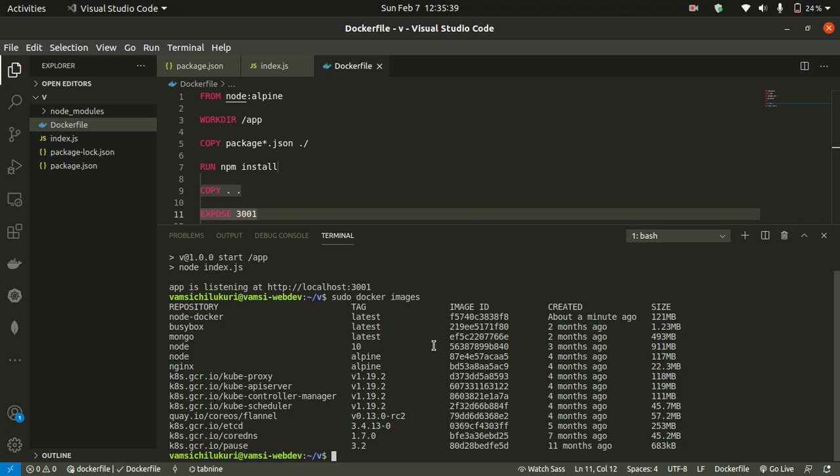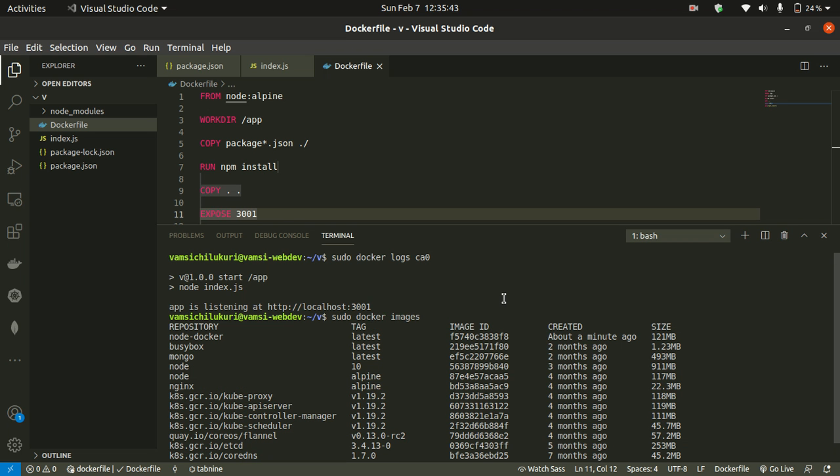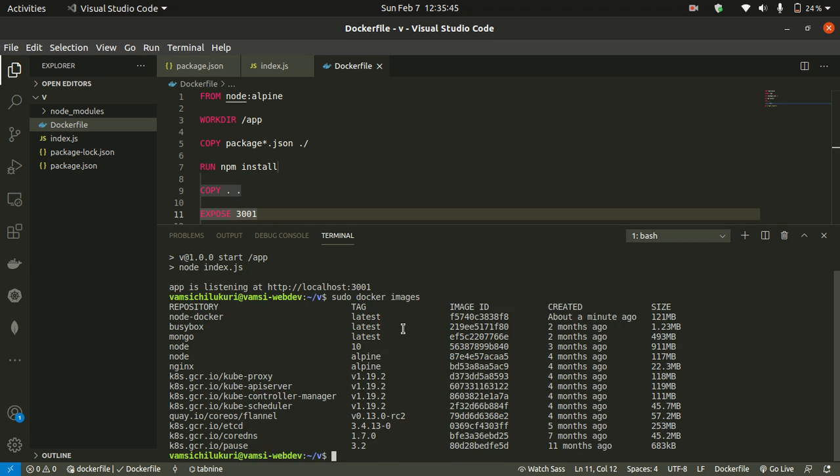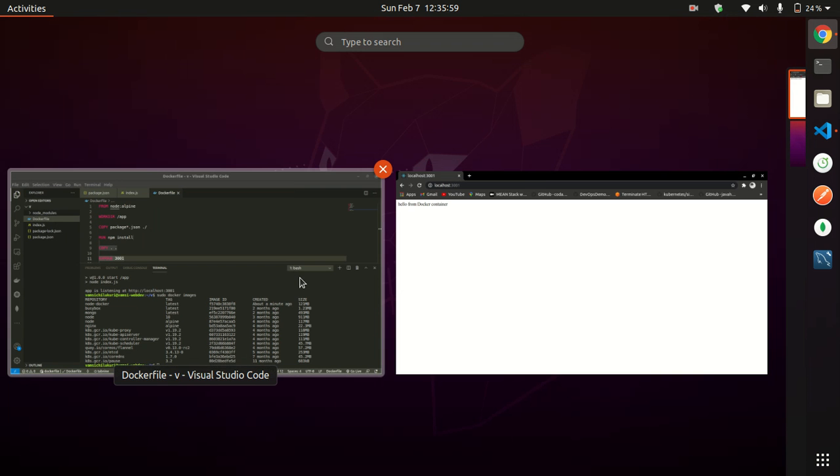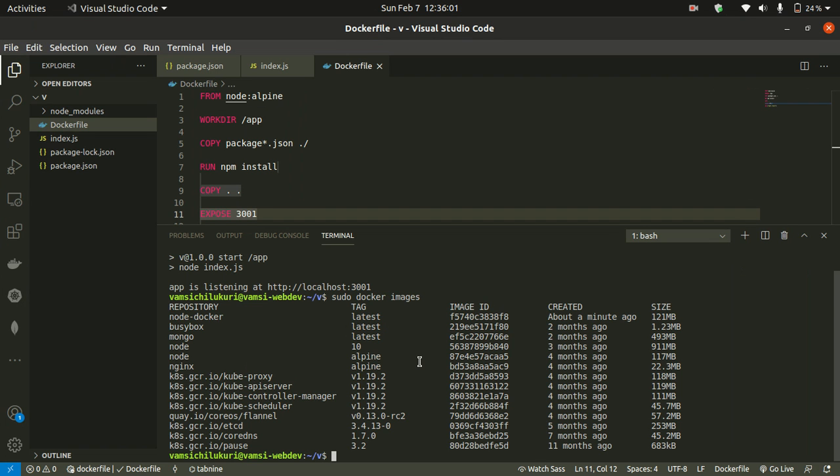We can run them individually. When we expose a port, whatever port we give here can be used outside, but the container port remains the same. The outside port will be different, and we can run more. In future I will also discuss Kubernetes, which is a container management tool.